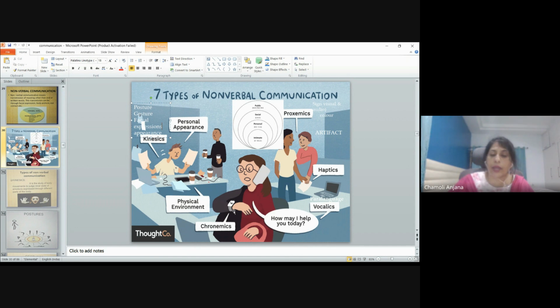He will not wait, and he expects the employee to come and meet him immediately. But if the employee has to meet the boss, then it depends upon the time availability with the boss. So that tells about the status, the power of the person. The way you use your time tells about the power and the status of a person, and that will also have an influence on the type of the communication you are going to have.